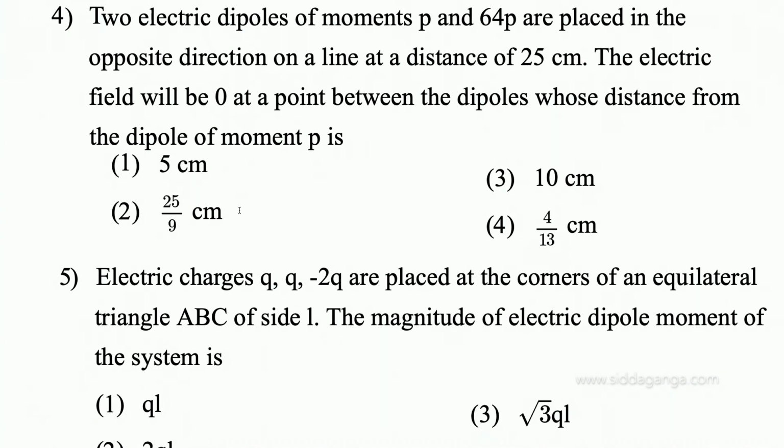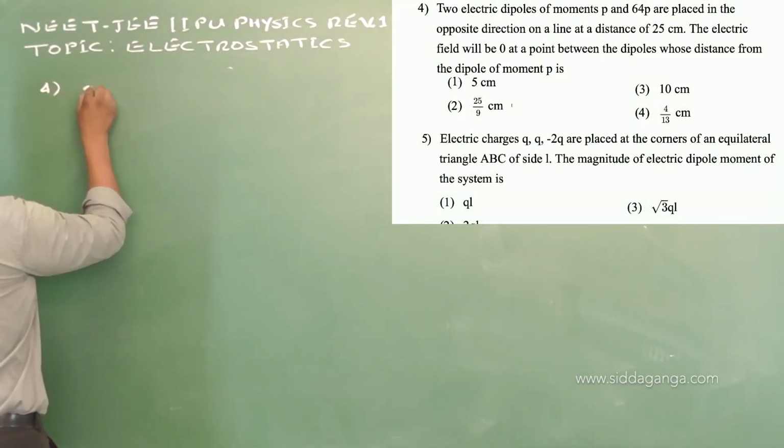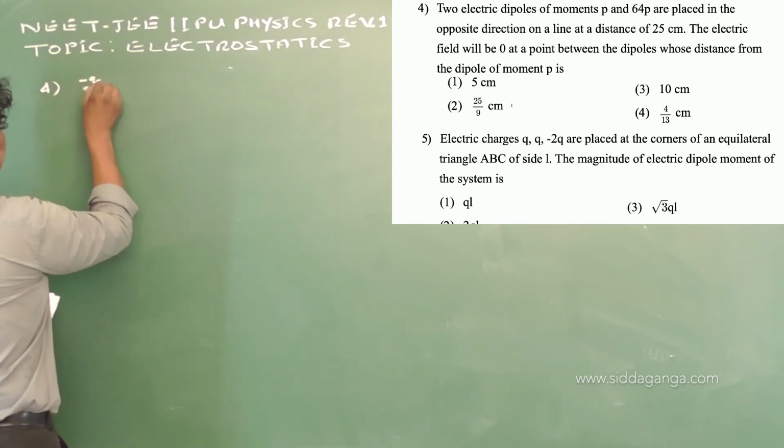Now, question number 4. Two electric dipoles of moments P and 64P are placed in the opposite direction on a line at a distance of 25 centimeter. The field will be zero at a point between the dipoles whose distance from the dipole of moment P is? Now in question number 4, here we have been given two dipoles, that is minus q plus q